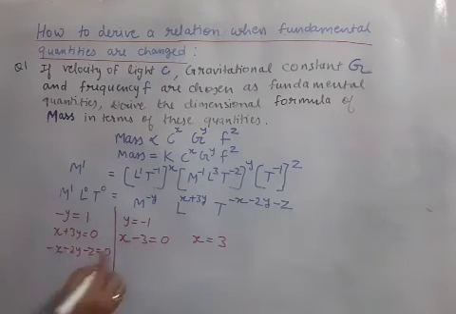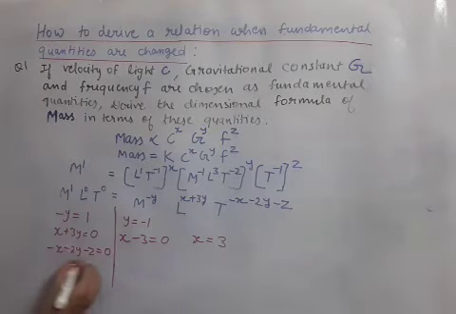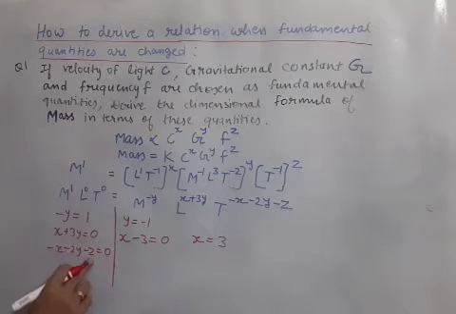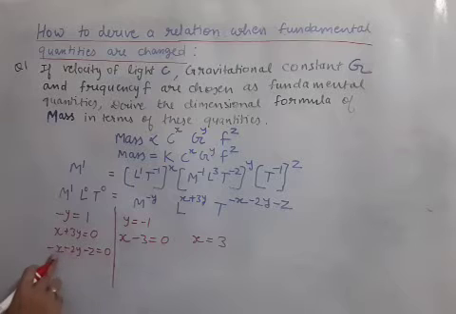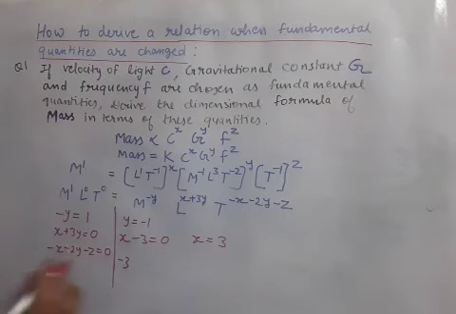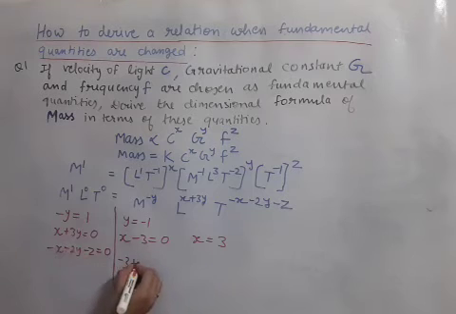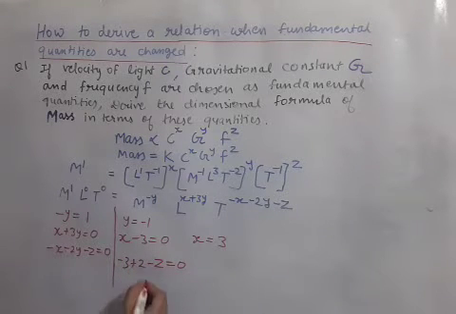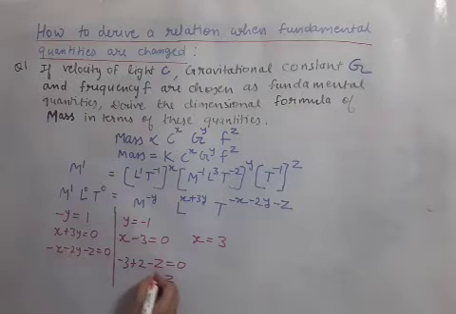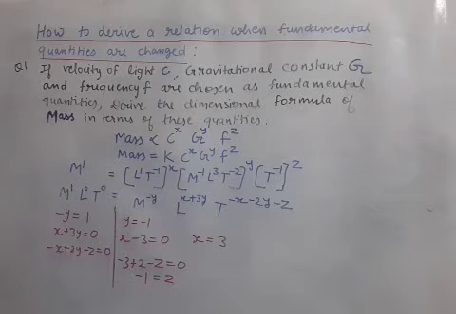X is also solved. Then we have this equation so that we can solve z. We will substitute the values which we know. X value is 3 written here. Y value is minus 1 written here, and minus z. So this way, if z is shifted that side, it will become positive. Here minus 1 will come. Minus 3 plus 2 is minus 1. Z is shifted on another side.